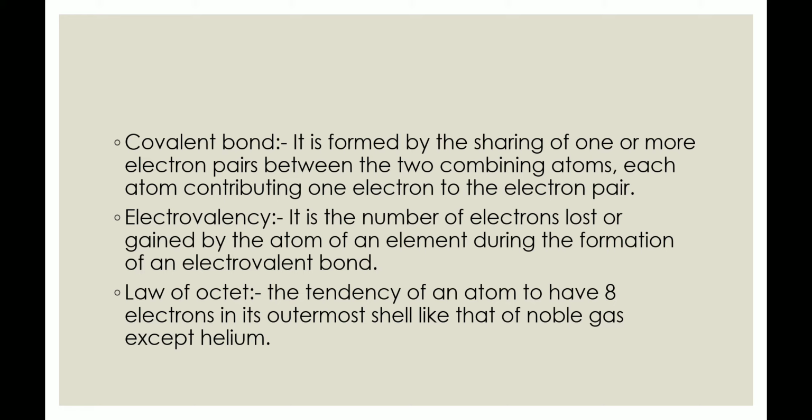So any atom during formation of a compound acquires 8 electrons in the outermost orbit, just like noble gaseous elements. Noble gases already contain 8 electrons in the outermost orbit, so they will not take part in any reaction. But other elements, the metallic elements, have either 1, 2 or 3 electrons in the outermost orbit, so they tend to donate electrons to the non-metal.